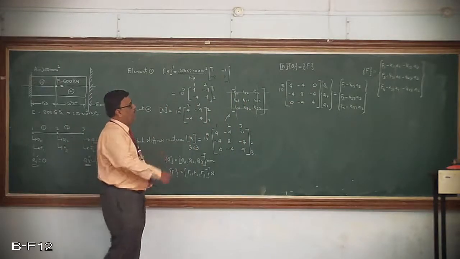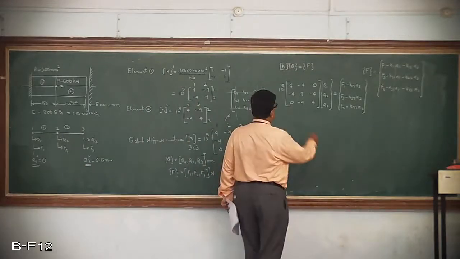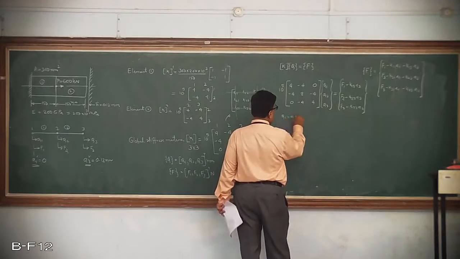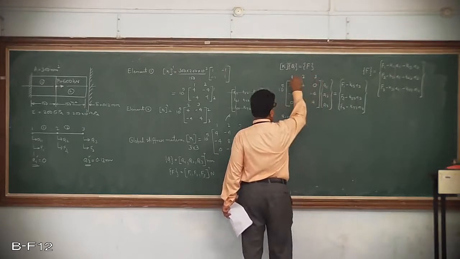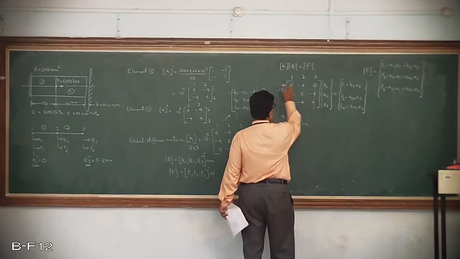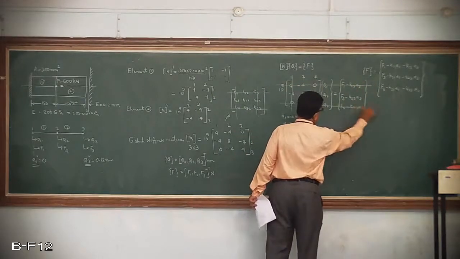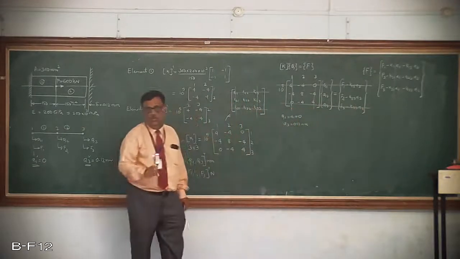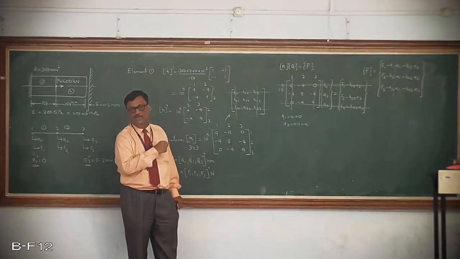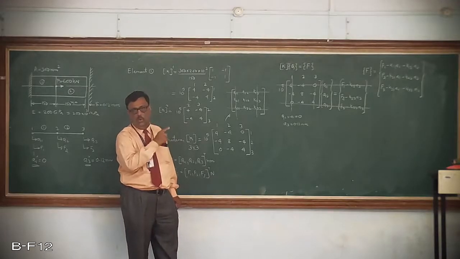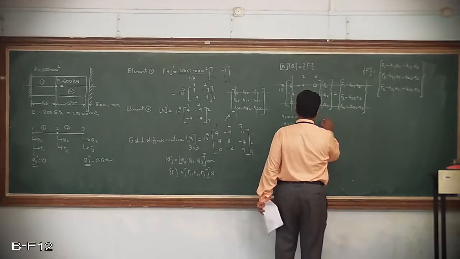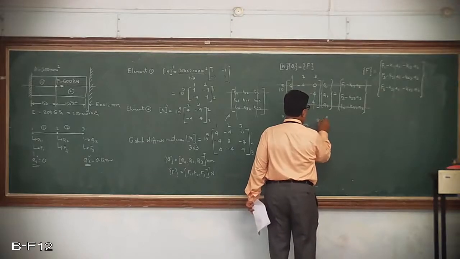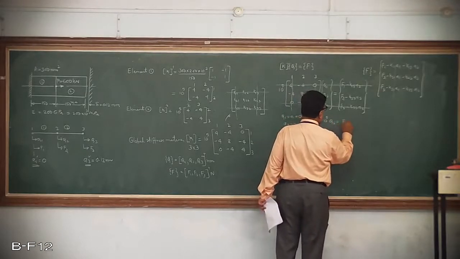Now, during the elimination approach, I have already told you, since Q1 is equal to A1 equal to 0 and A3 is given as 0.12 mm, I need to eliminate node 1 and node 3. That is, the entire row and column of 1 and 3 are being eliminated. First row, first column are eliminated as far as node 1 is concerned. Third row and third column are eliminated because of that. So what is left here is now 8 into 10 raised to 5, Q2 is equal to F2 minus